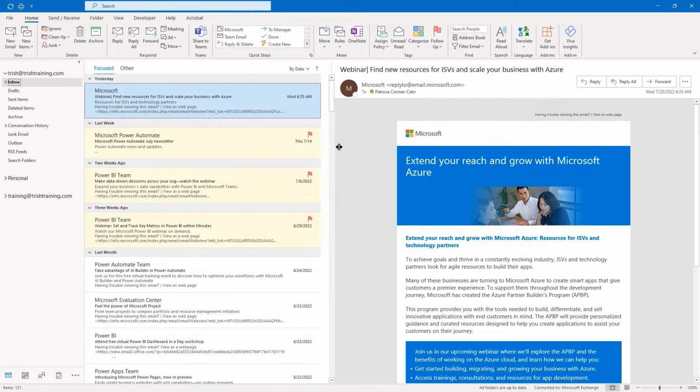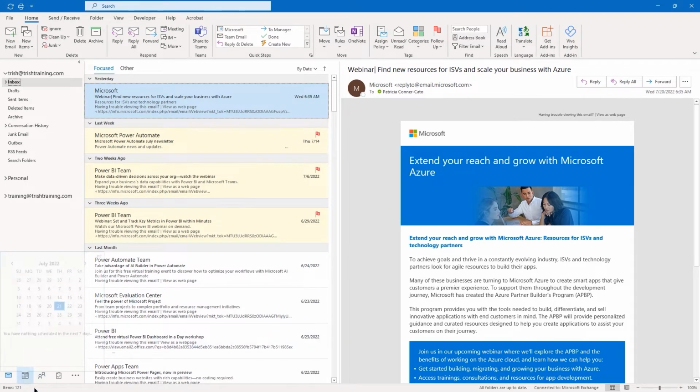So you have a little bit of a status bar at the very bottom. It tells me I have 121 items right now in this particular inbox. And then over to the right, it lets me know all my folders are up to date. I'm connected.